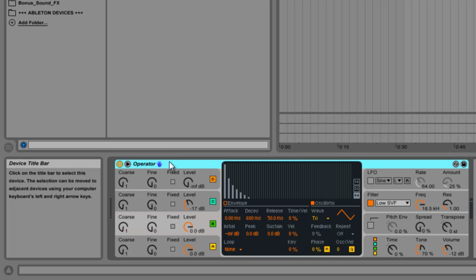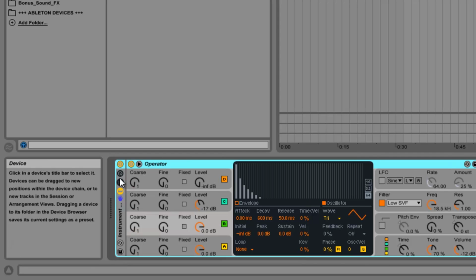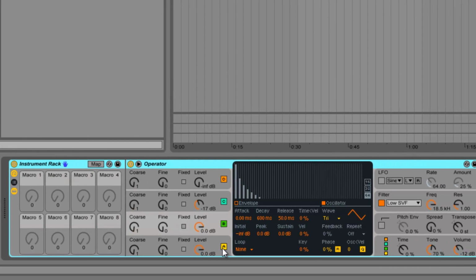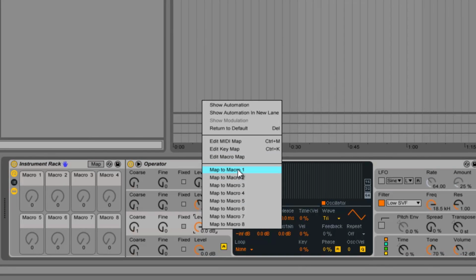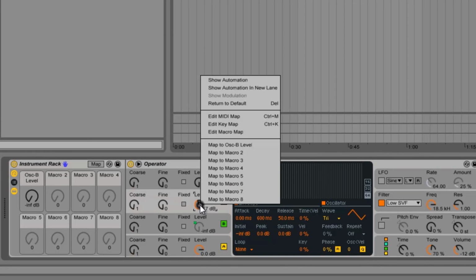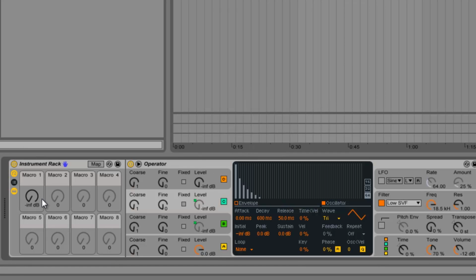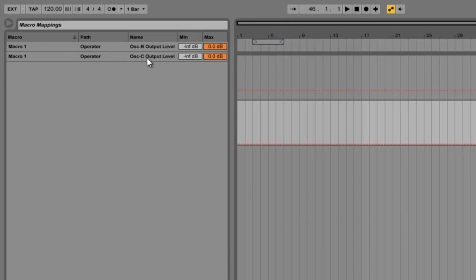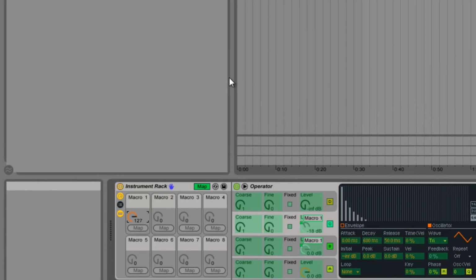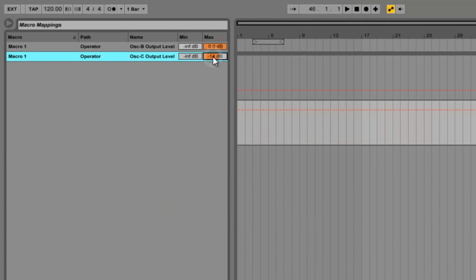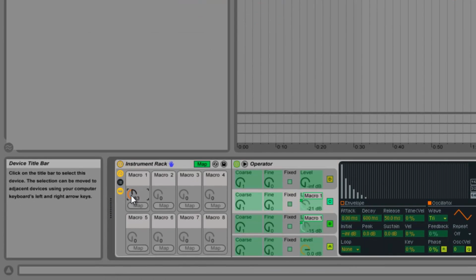So let's group this operator into an instrument rack, because that way we get some macro controls. What I'm going to do is connect the level of operator B to macro number 1, and I'm going to do the same thing for the level of operator C. So these are both connected to the same macro knob, and I'm going to go into the mapping mode and find the operator C level, that's this one, and take the maximum amount down. I'm also going to turn the macro knob up all the way so I can hear. So now when I turn macro 1,